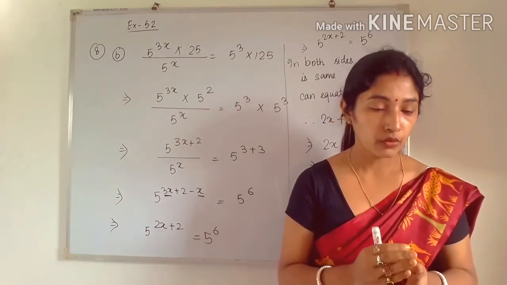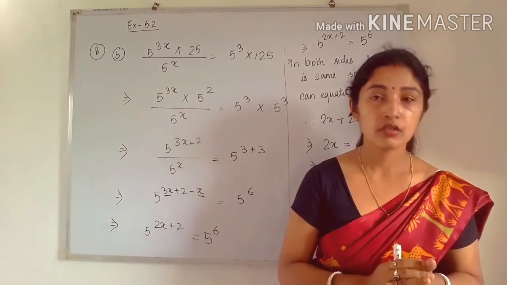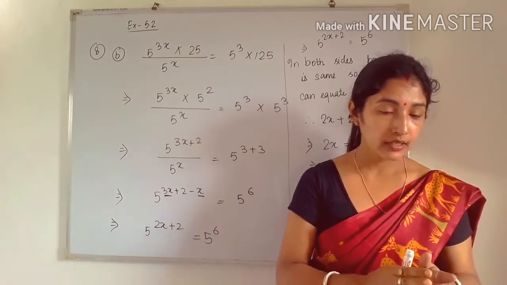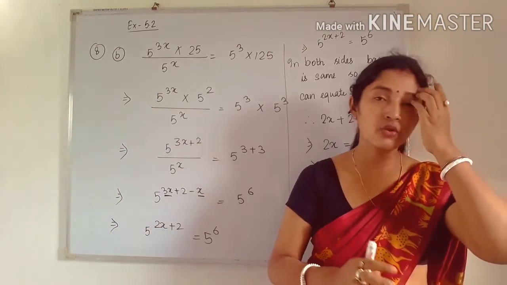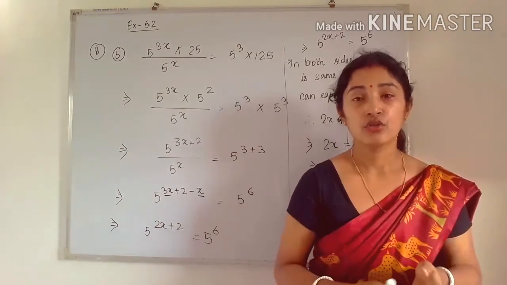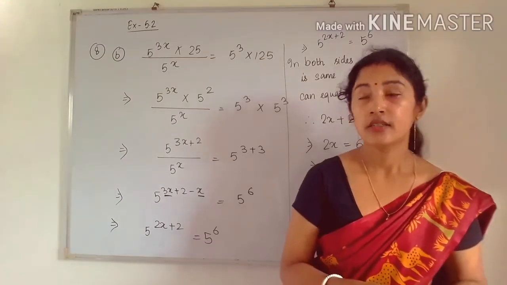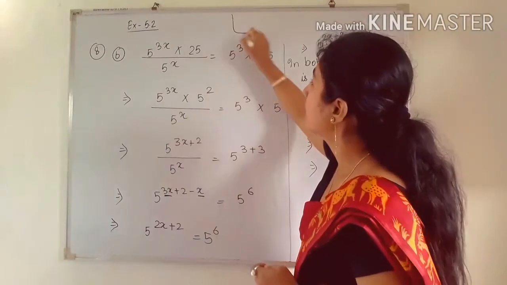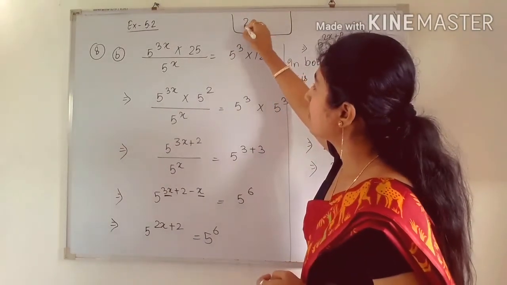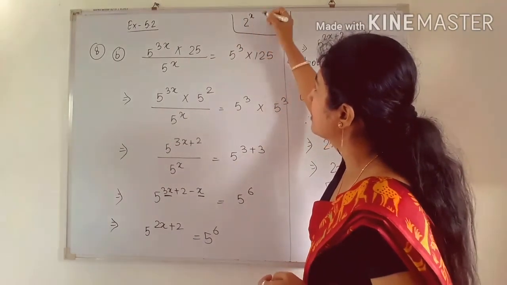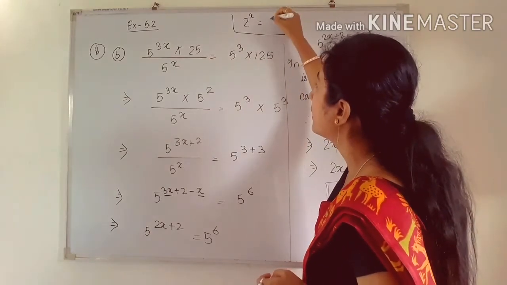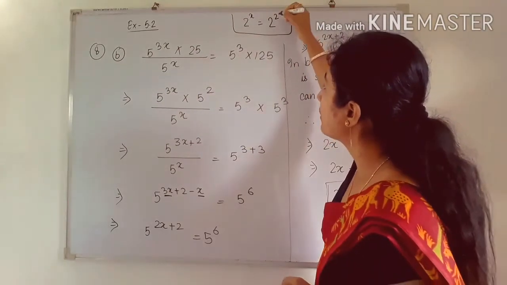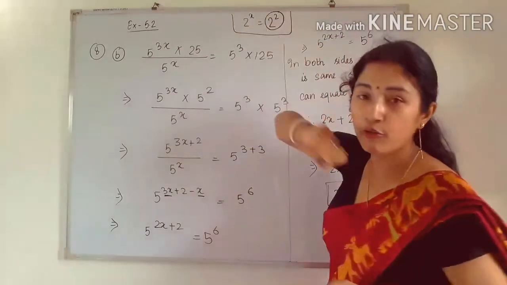Okay, so come to question number 8. This is very, very important. You have to find the value of x, and you can easily see here that x is not in the base, x is in the power. So how to find that x? See, I am giving you first of all a simple example. Suppose it is given as 2 to the power x on one side and on the other side it is given as 2 squared. So what is the meaning of 2 squared? 2 squared is 4.